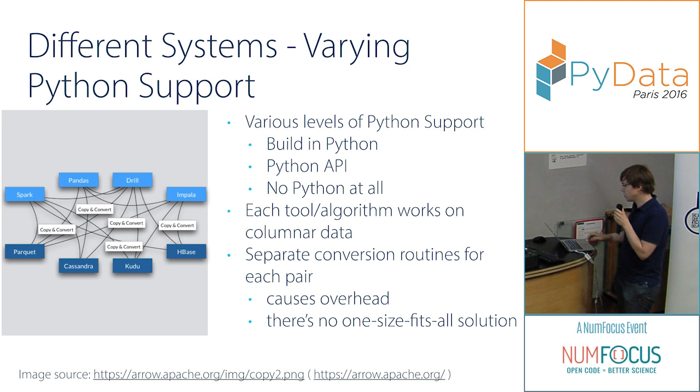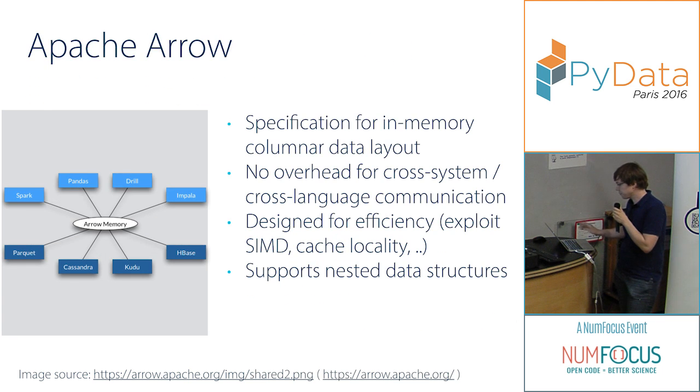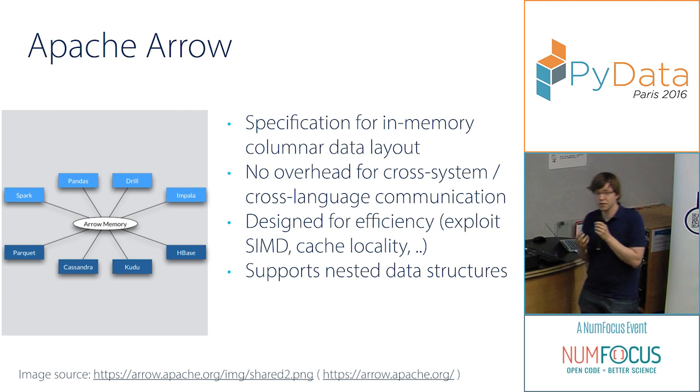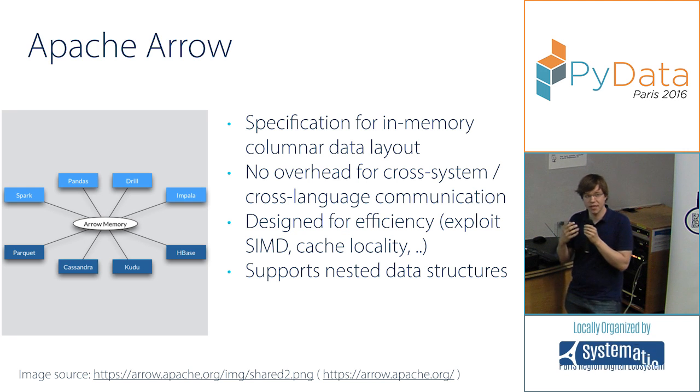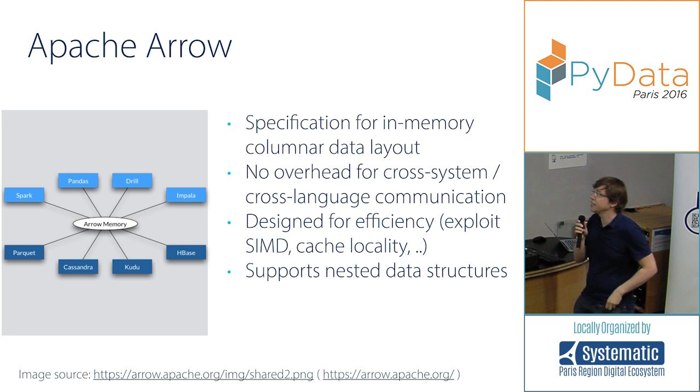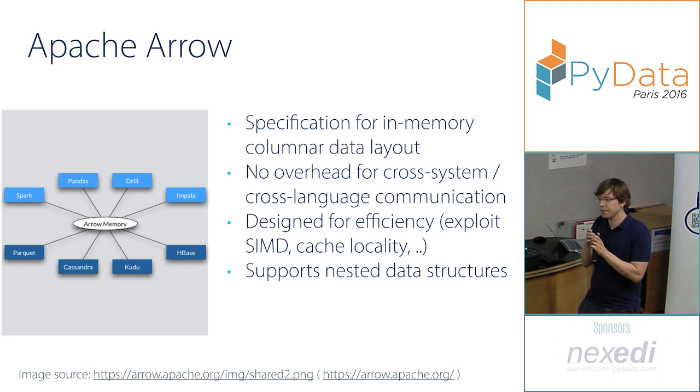And to solve this problem, we can use these tools. All those tools work on columnar data, so they have the same understanding of how the data should be shaped in memory. Recently, there was the in-memory specification Apache Arrow developed. This is a combined effort of people in the JVM world and in the native world to have a common memory format you can use as interchange or even as the basis of your computations